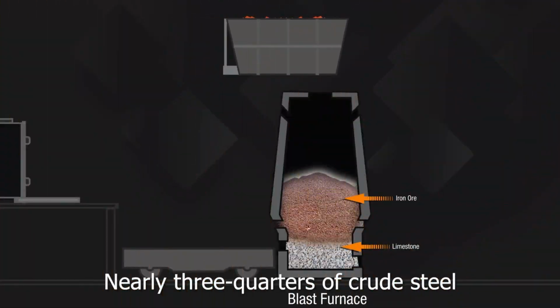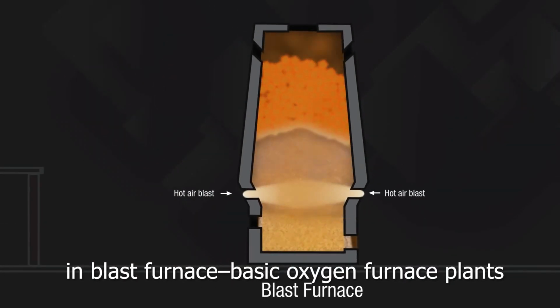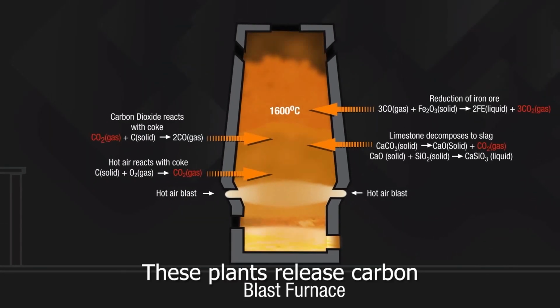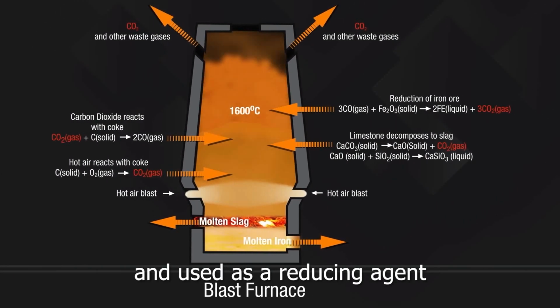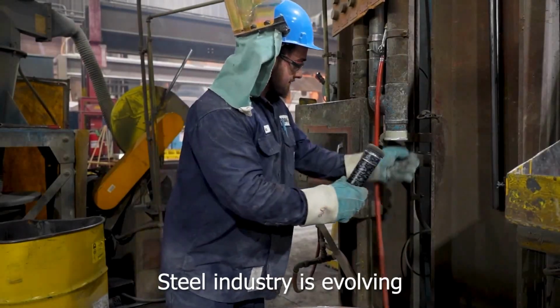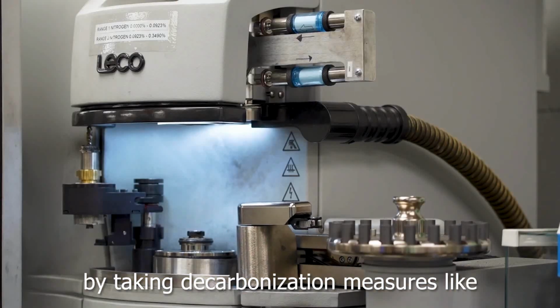Nearly 3/4 of crude steel is made from iron ore in blast furnace basic oxygen furnace plants. These plants release carbon when coking coal is burned and used as a reducing agent. The steel industry is evolving to counter the CO2 emissions by taking decarbonization measures like: